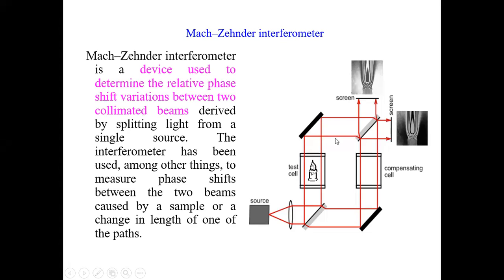So actually what I am doing is changing the path length. Here I can have a compensating cell if I feel that the path length is still not different. This compensating cell will do something so that the path length is different. So, single light source, I have this 4 mirror combination.